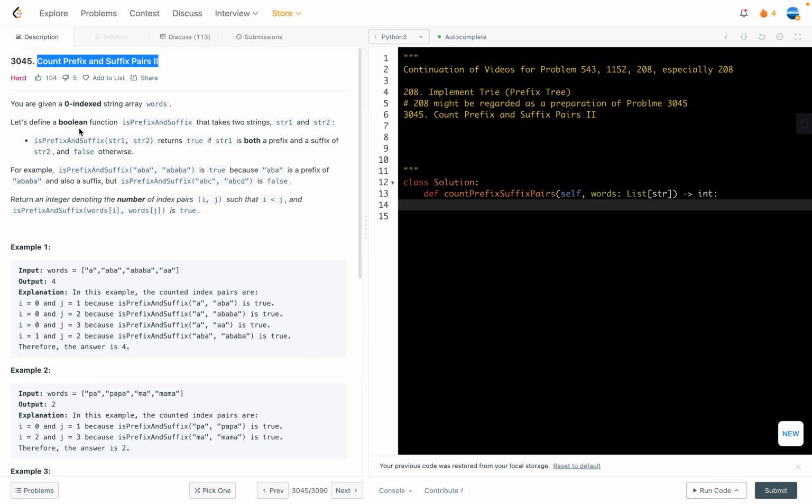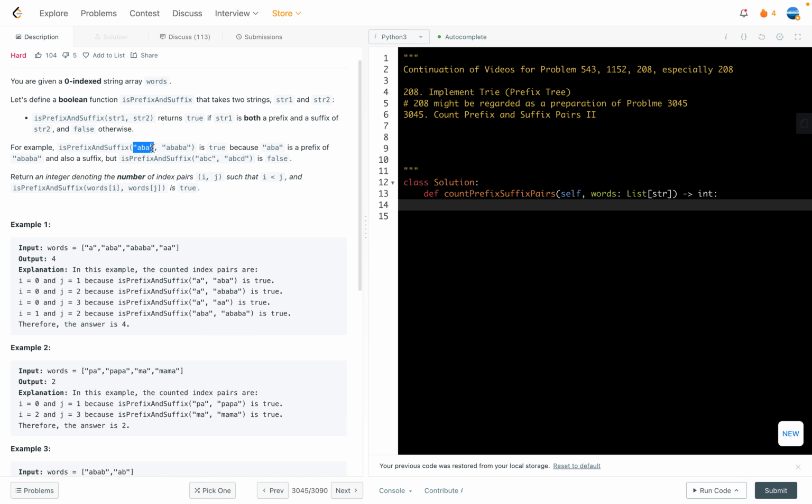The problem says that we are given an array of strings called words. Basically we want to define a Boolean function called isPrefixAndSuffix. It takes two strings, string 1 and string 2. We want to return true if string 1 is both a prefix and a suffix of string 2, otherwise false. For example, ABA here is both a prefix, because here we have ABA,